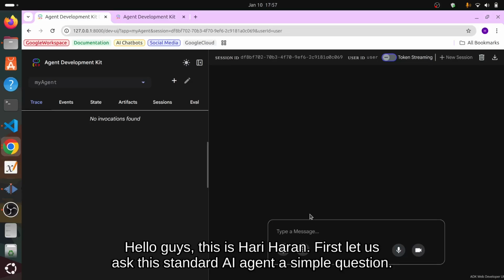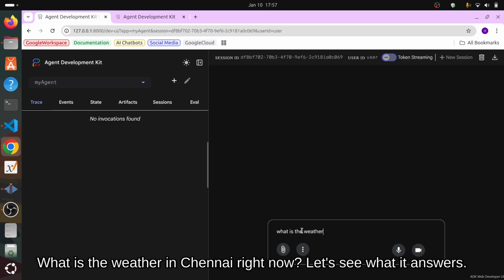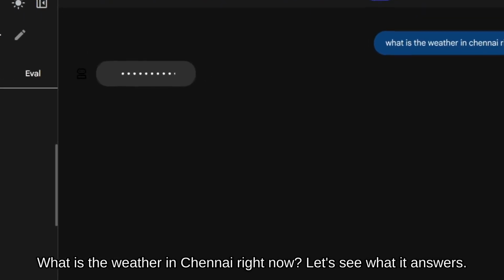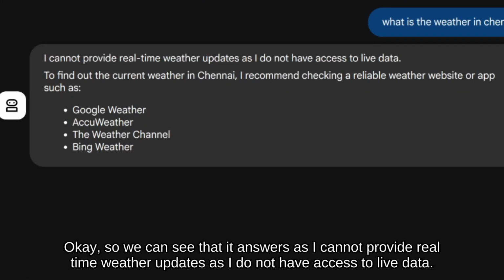First, let us ask the standard AI agent a simple question. What is the weather in Chennai right now? Let's see what it answers. Okay, so we can see that it answers, "I cannot provide real-time weather updates as I do not have access to live data." It's because